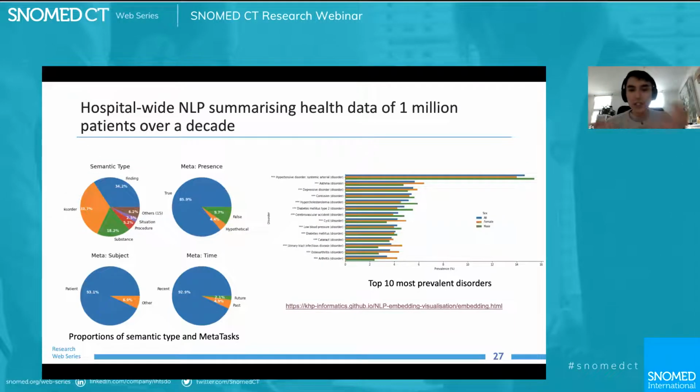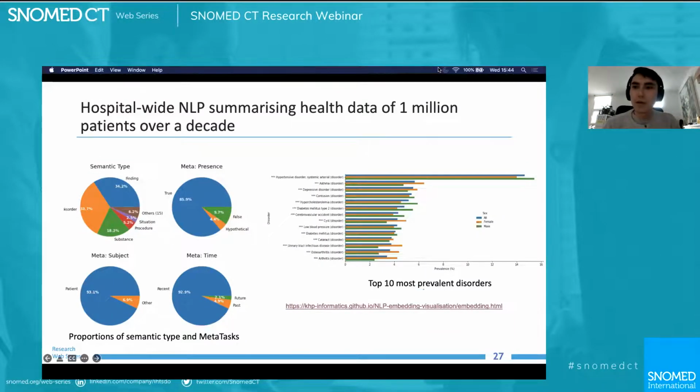Fantastic. Just to have a brief look, I know we're running short on time, but once you have this process of automation, one can very easily and rapidly annotate the entirety of a hospital's data. For a large hospital such as King's College Hospital or Guy's and St Thomas' Hospital, without using GPUs, it takes about 4 or 5 days to annotate about 22 million documents with this technique. And of course, with GPU acceleration or multi-processing, it could be a lot faster.